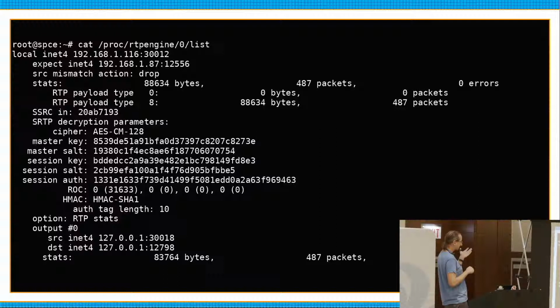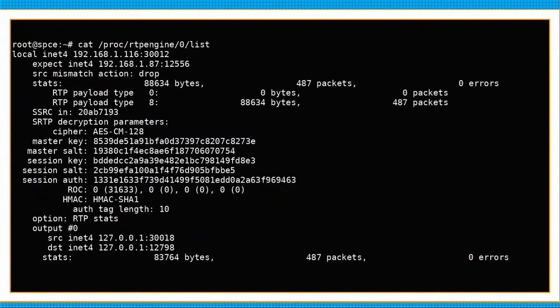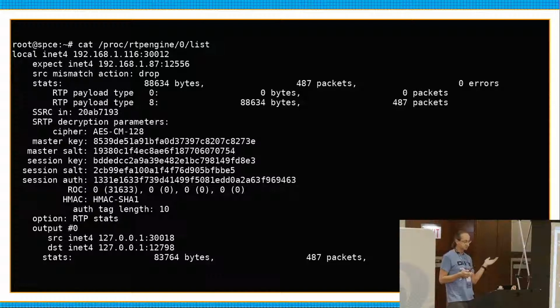To recap, this is a quick example of the kernel module's view of what's going on. It's basically a list of rules like this. It starts with a local IP address and port that it knows about, and then it's a set of rules about what to do with the packets. It knows about payload types, so you can selectively forward some codecs, but not others. In this example, there's SRTP decryption there with the keys in there, and then there's an output section that tells the module where to forward the packets